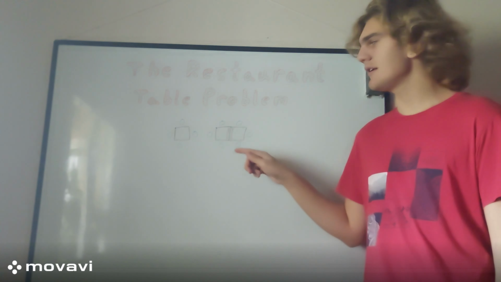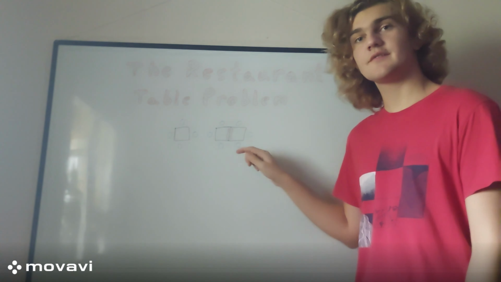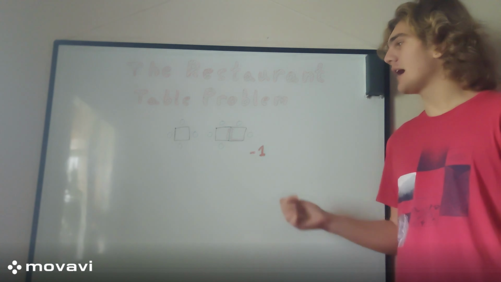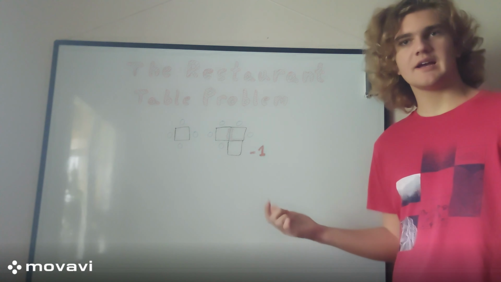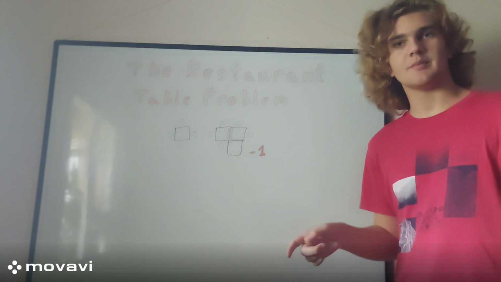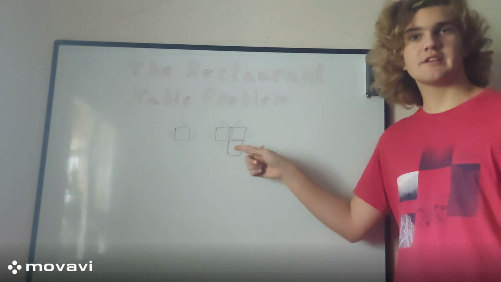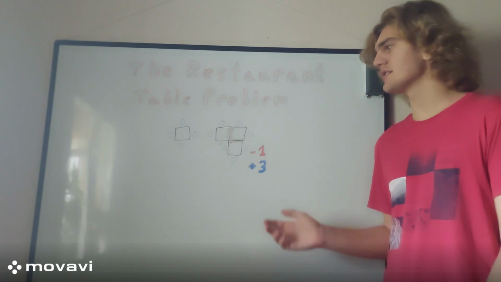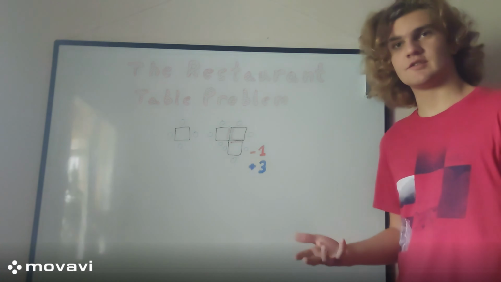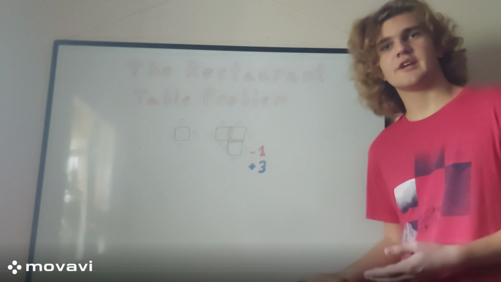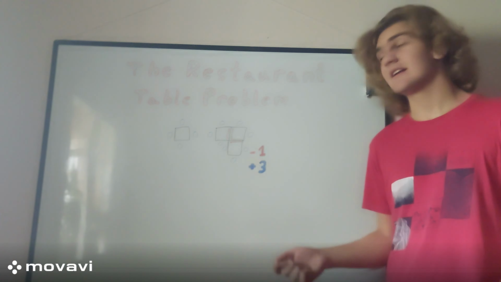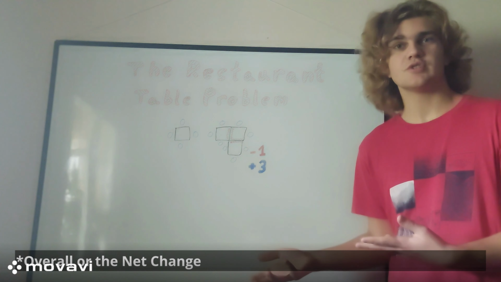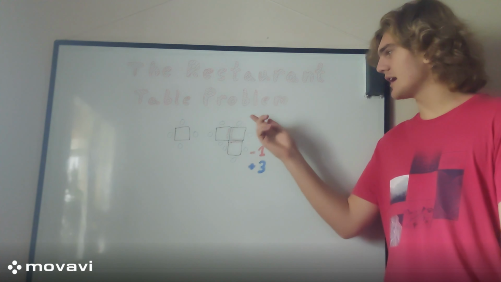Well, if we want to add a new table, say here, we would first have to remove this person's chair. So we've taken 1 chair away. If we now add the table, one of the table sides has been connected to the available space, which means that for this table, we wouldn't be able to add 4 chairs, but only 3. So once we've added 3 extra chairs to this structure, we now see that in total, there has been a 2-chair increase. This means that even though we took away 1 chair, we added 3. So on average, we just added 2 chairs. And that means that now the structure has a total of 8